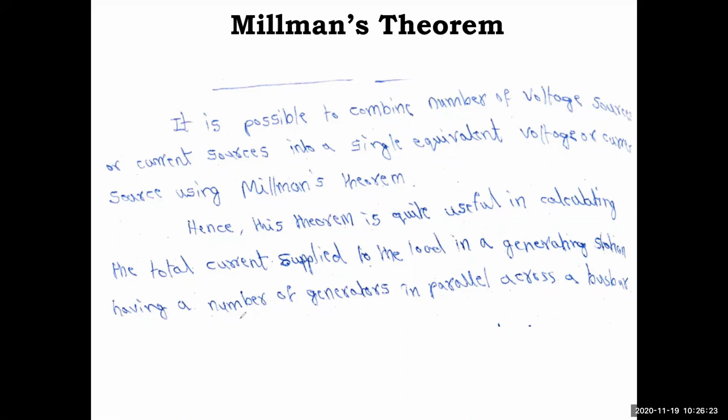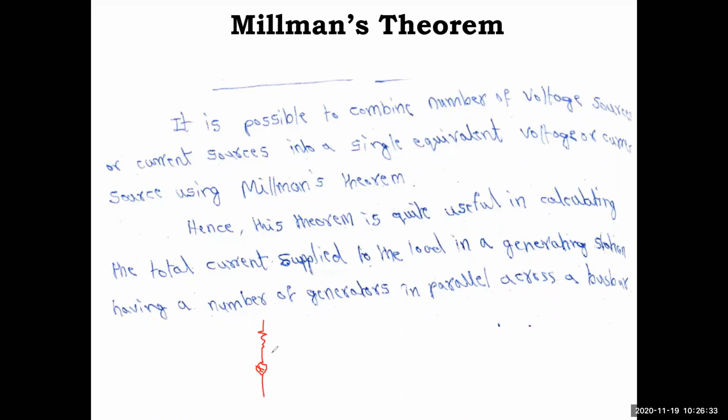What we have here are practical voltage sources, which you have gone through. A voltage source in series with a resistor is called a practical voltage source. Such a number of practical voltage sources are connected in parallel. When they are connected in parallel, how do you find the equivalent? Normally you convert it using source transformation, a current source in parallel with a resistor, then you add the currents, add the resistors in parallel, and then you write the result.